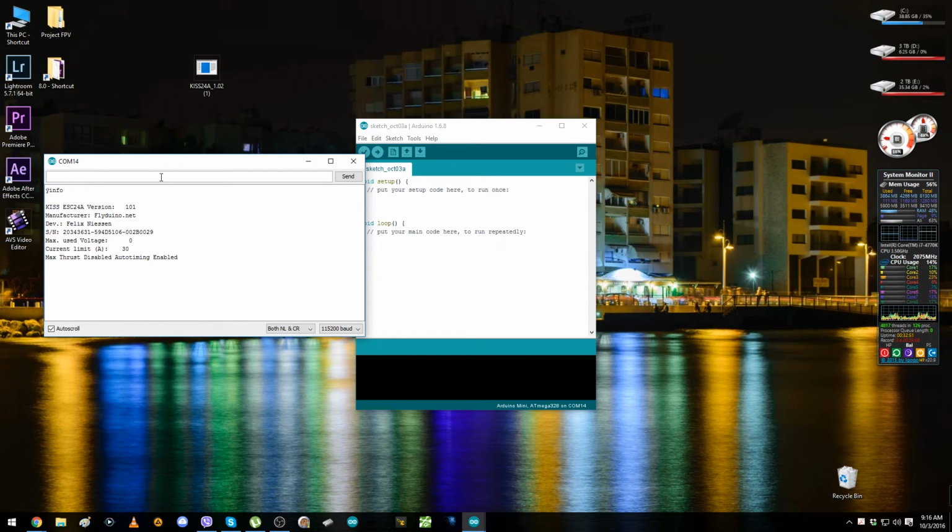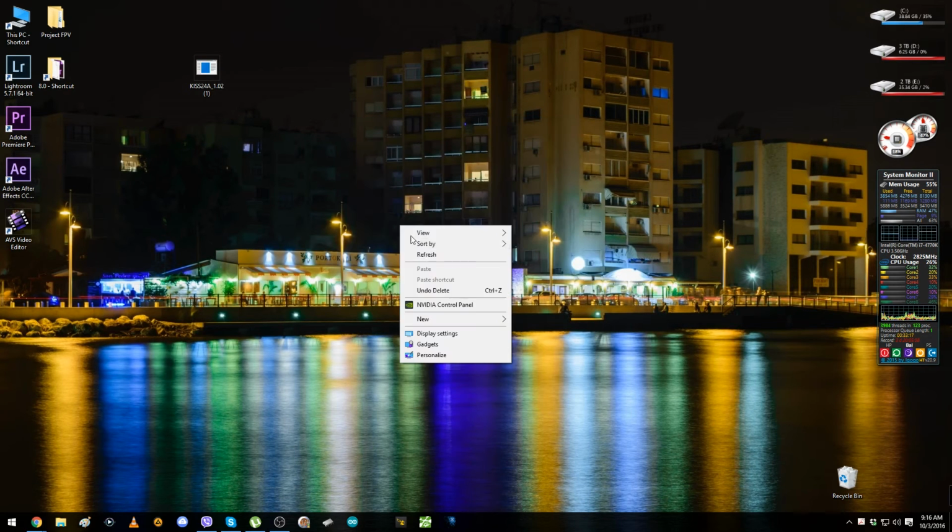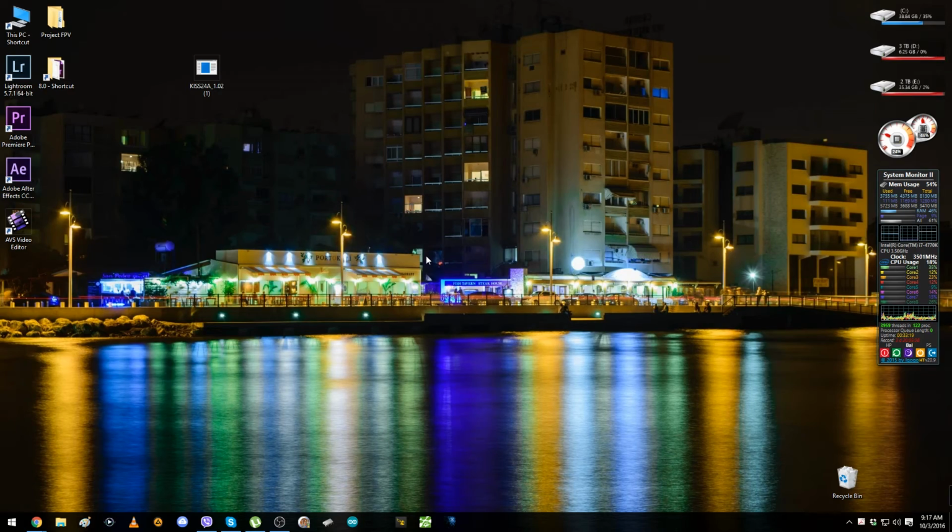Yes, now we have it. Unfortunately the same version just shows me 1.01, but we just refreshed to version 1.02. I don't know exactly how it's going and how it's working, so I hope everything is alright. So let's close everything and go back to the bench and take all the wires